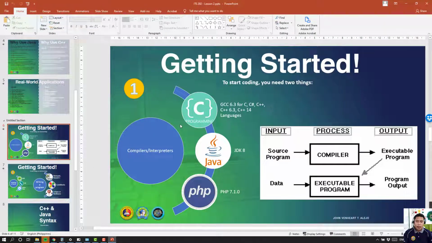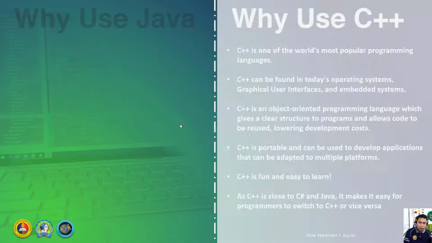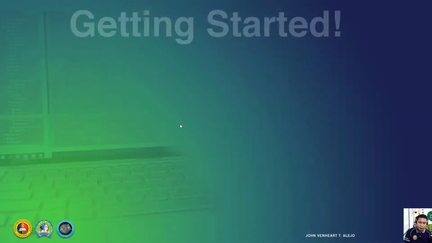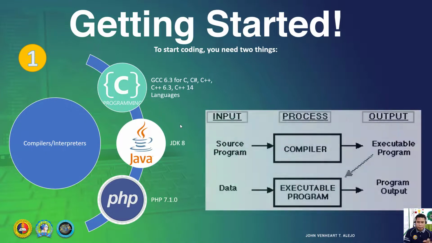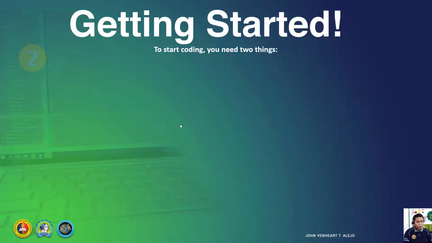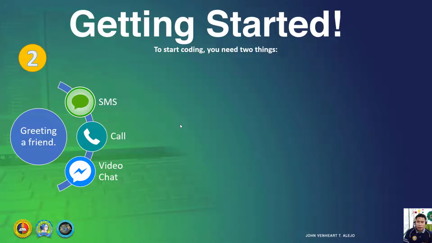Okay, so the first thing you have to consider is to download or to have the compiler. The next thing to do is where we write our program. For example, how can we greet our friend or our classmates?